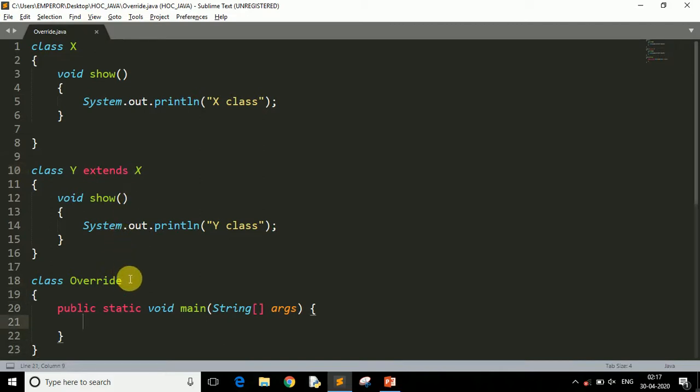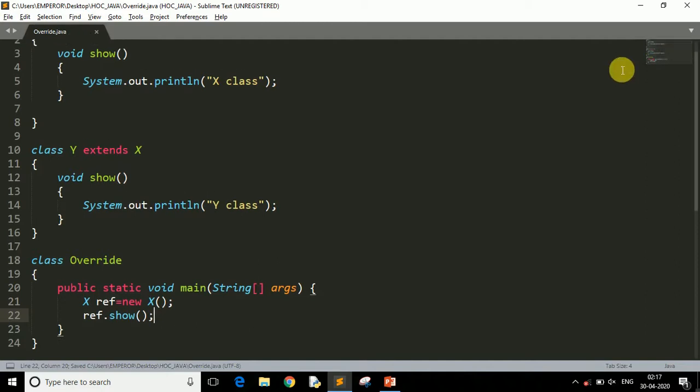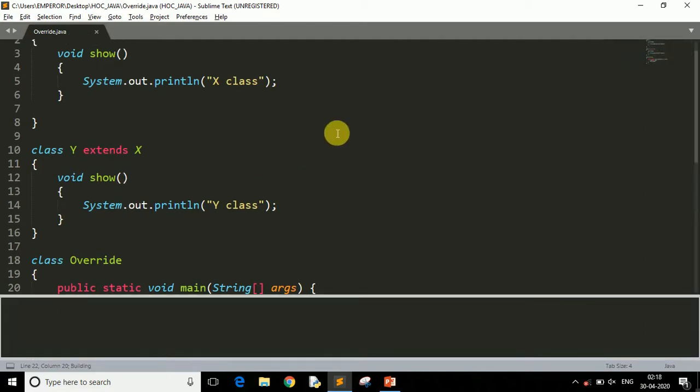So now if I want to call this show method of class x, what I have to do is simply create an object of class x, right? So let's say x reference equals new x, I created the object, and now I just have to call that method. Let's see the output. As you can see, it perfectly calls this method and prints x class.